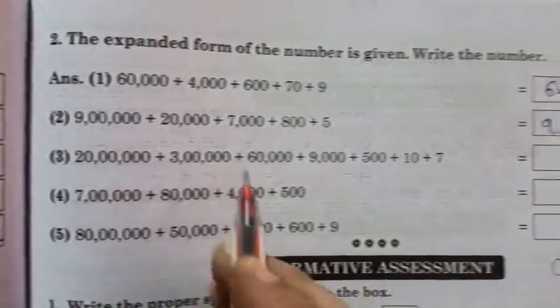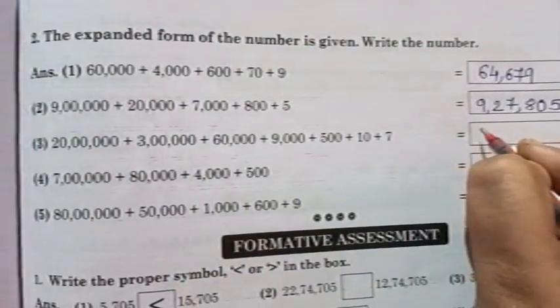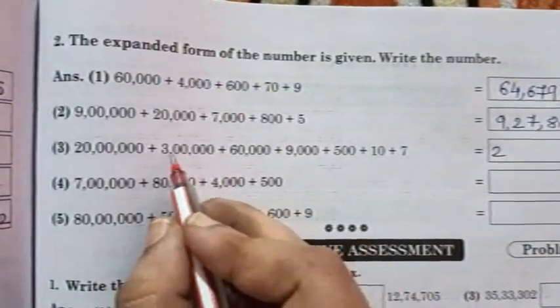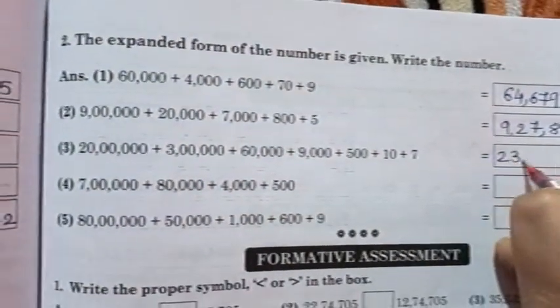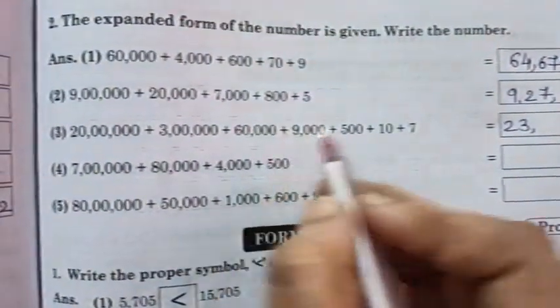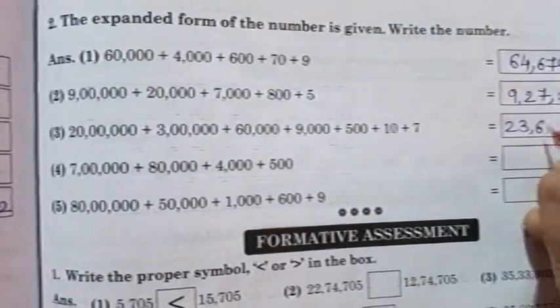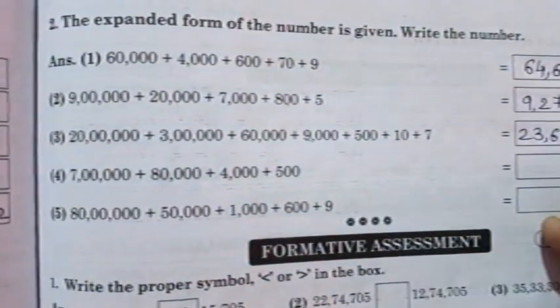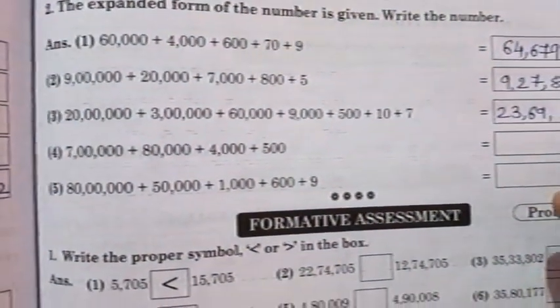Okay. Third one, how many zeros? 6 zeros, so that is 10 lakhs place, so here you will write 2. Then is 5 zeros, that is lakhs place, so 3. So lakhs group is done, so we'll put comma. Then 4 zeros, that is 10,000s place, that is 6. 3 zeros means thousands place, that is 9. So thousands group is done.